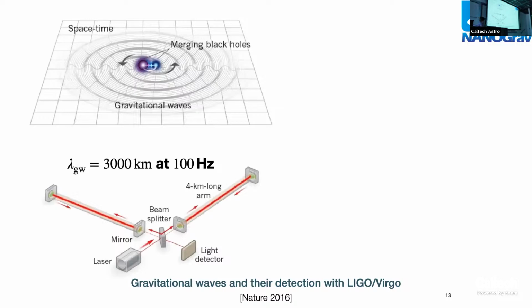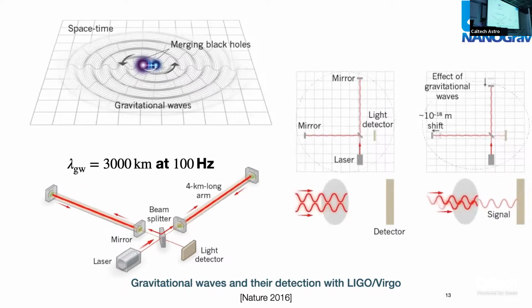The way that LIGO and Virgo make detections is they send in a laser. That laser gets split in 2 perpendicular directions, and you measure the path length of that laser in those 2 perpendicular directions. So when the lasers come back and they recombine, and you measure their interference pattern at this output source, then typically the detector is set up such that these things destructively interfere if there's no gravitational wave.